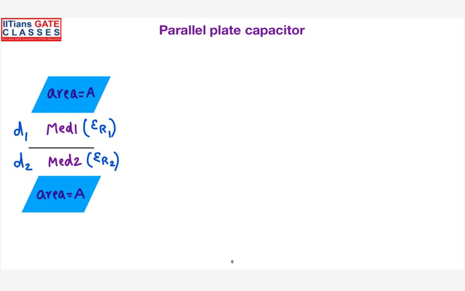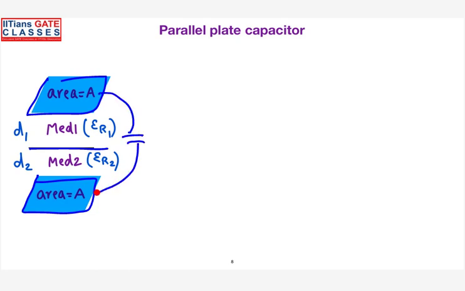Now this is a very interesting part. It's very important here. Now what happened? So this is your one conducting plate and this is your another conducting plate. And the type of dielectric medium present between the conductors is not one medium right now. So a small part is filled with one kind of dielectric, and the other part is filled with a different dielectric. So what will be the effective capacitance here? You can see here there is one capacitance in this part, so I can call it C1, and another capacitance here, C2. So this is your C equivalent.